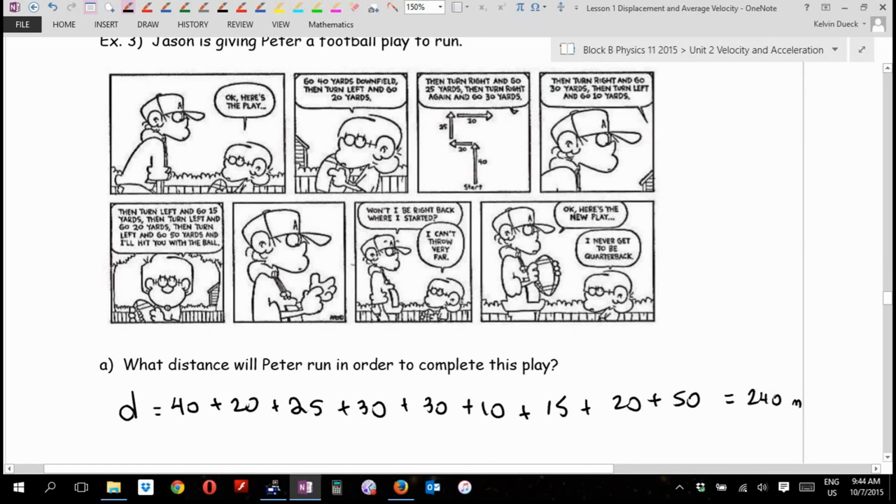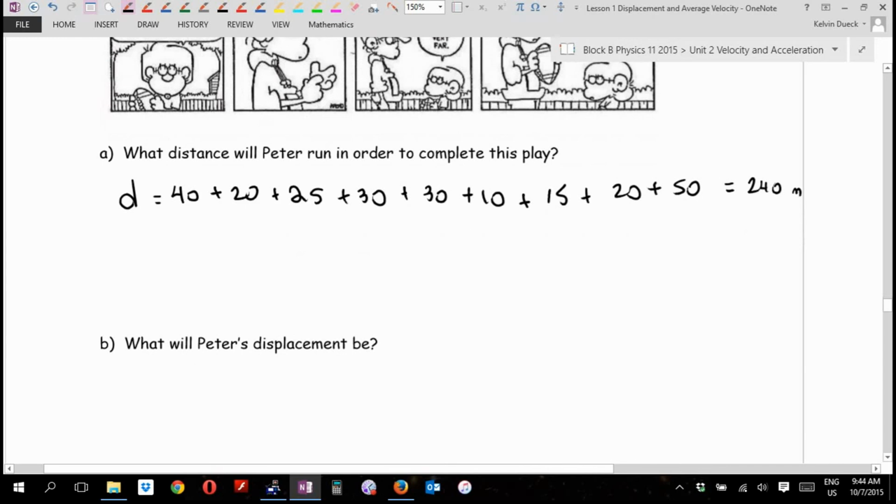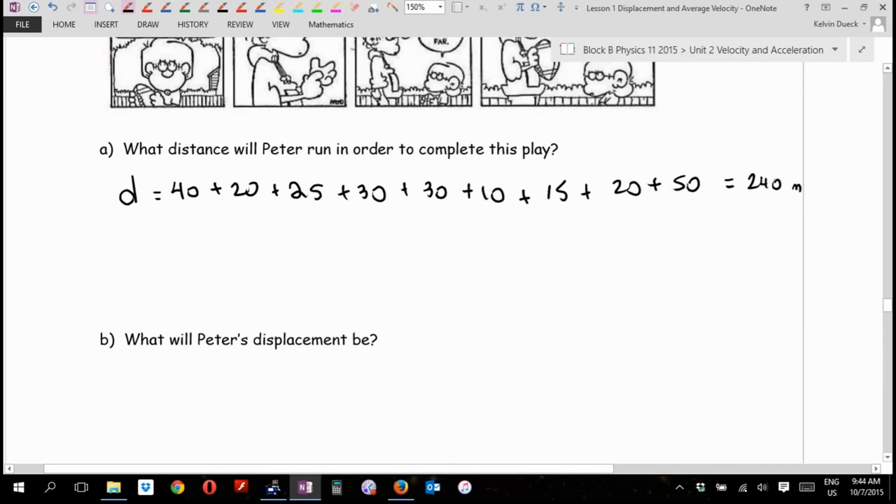Distance, 240 yards. If he ends up back where he started from, what's his displacement? Oh, thank you. Yards. You know what? I think yards is actually YA, because a little y I think is years. What will his displacement be? 0 yards. By the way, is what I've written technically wrong? Okay. And again, I won't take marks off for that for a while, but